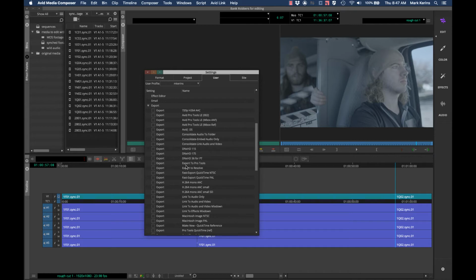Now, if you're working in a lab situation, this is a little different because you can't necessarily trust that the last person on the computer didn't accidentally load up your user settings, wasn't paying attention and changed some export settings. So you still kind of got to go and check. But if you're on your own computer,